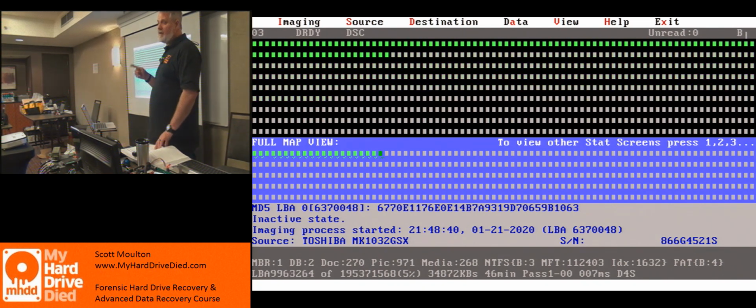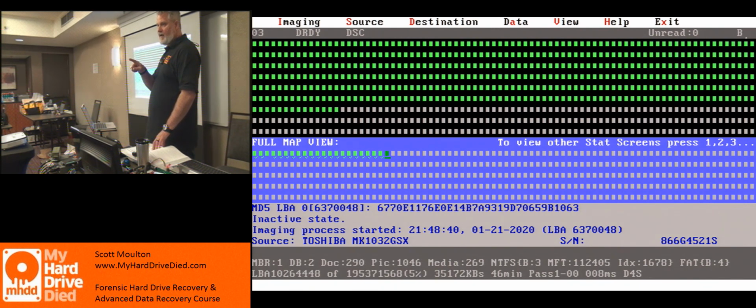An R is a reset. There's two types of resets. One is a hard reset, which basically powers down, waits so many seconds, and then powers back up. And there's a soft reset, which is like a blip. It's just basically power off, power on. And so the little one, the little r, is the soft reset, and the big R is a hard reset. So these are some of the control mechanisms